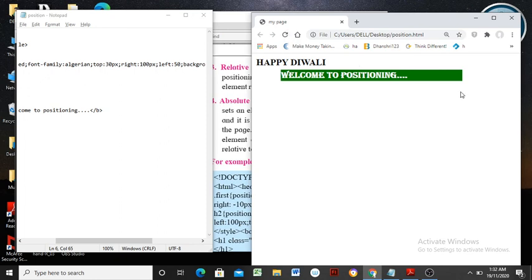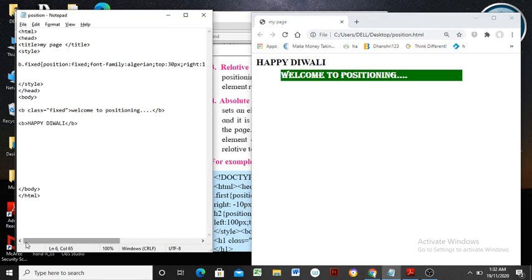See here, this is a space of 100 pixels from the right hand side in a browser's screen. So today we have seen fixed positioning, the type of positioning called fixed.